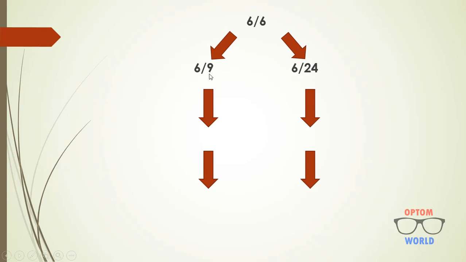In the first case, where the decrease in visual acuity is less than what was expected, it means that you have over minused or under plused the patient. Over minused means that the myopia of the patient is overcorrected, and under plused means that the hypermetropia of the patient is undercorrected. In the other case, the results are opposite to the first one, that is, the patient is under minused or over plused. Under minused means that myopia is undercorrected, and over plused means that hypermetropia is overcorrected.